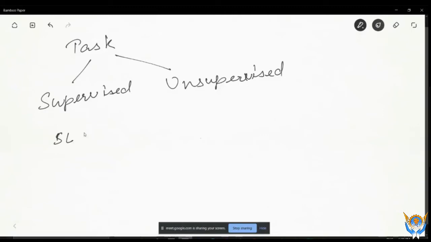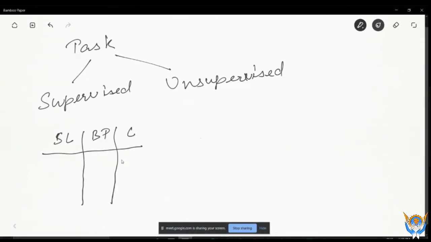Sugar level is one feature. Then blood pressure, which is again one feature. There are a lot of features, but I consider only these two features right now, and on the basis of these two you want to predict whether the person has cancer or not.